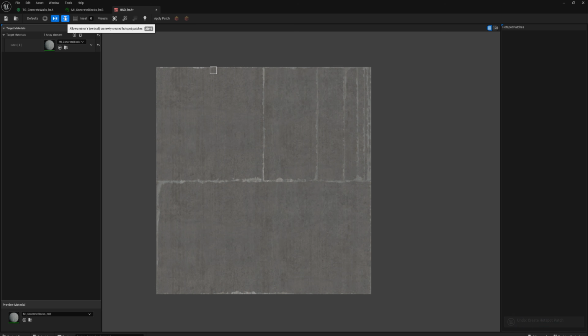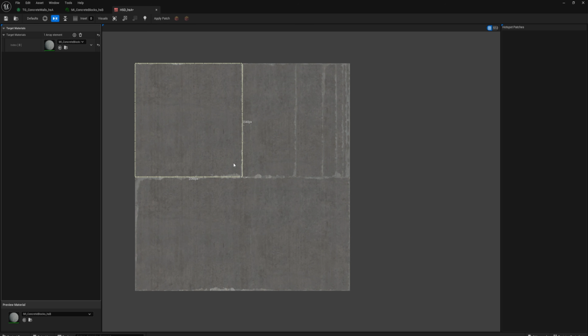We need to also disallow the mirror Y. That's optional, but I like to do it because we're going to be doing bricks along with this. So I kind of want the bricks to just look right, but that's optional. If you want it to mirror along the Y like this, which means it'll flip this, then keep that enabled. And with those two things off,